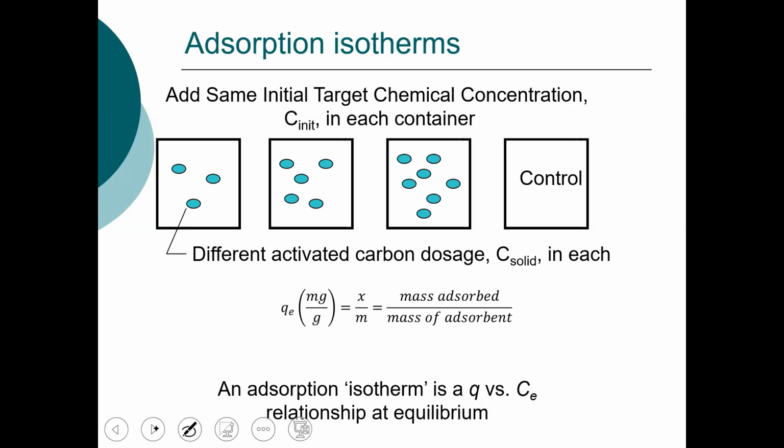Since we're looking at air, we'll say 100 milligrams per cubic meter of air. And then what we do is we're adding the mass of sorbent. So the mass of that solid. And we add different masses in each of the containers. And we have a control that has no